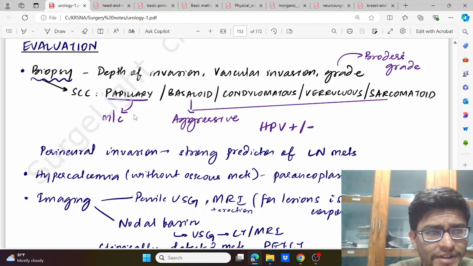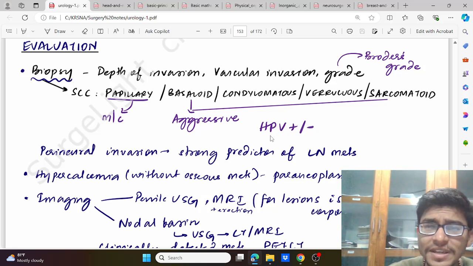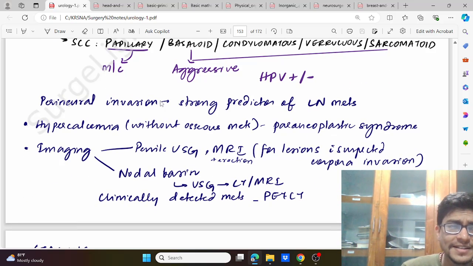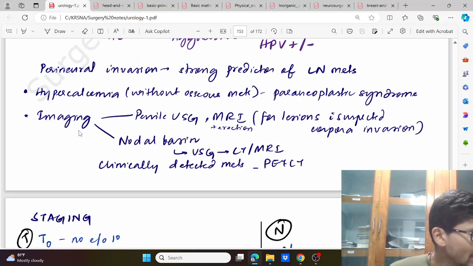देन एससीसी मोस्ट कॉमनली फाइंड हो सकता है, उसमें भी कौन सा वैरायटी? पैपिलरी मोस्ट कॉमन है। अदर क्या क्या है? बेसिलॉइड, कॉन्डिलोमेटस, वेरिकस या सार्कोमेटॉइड। जो बाकी के सारे हैं पैपिलरी के अलावा, ये सब और ज्यादा अग्रेसिव हैं। ठीक है, एंड दे आर एसोसिएटेड विद एचपीवी समटाइम्स। देन पेरिन्यूरल इन्वेजन, जो कि स्ट्रॉन्ग प्रेडिक्शन है फॉर लिम्फ नोड मेटास्टेसिस, मतलब इन्वेजिवनेस बढ़ता जा रहा है।